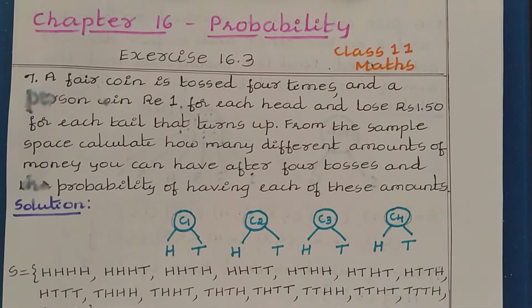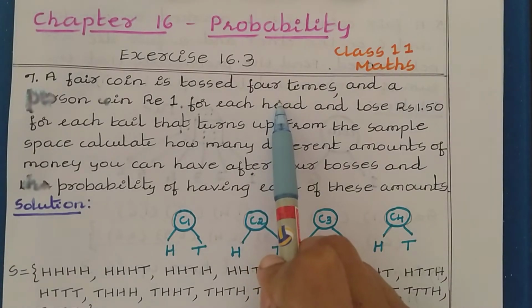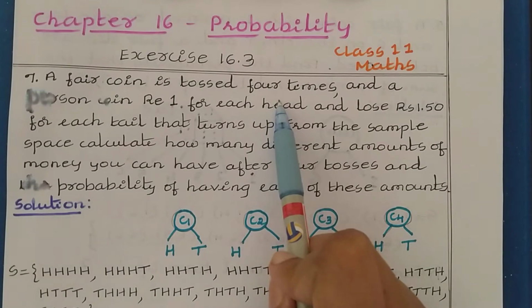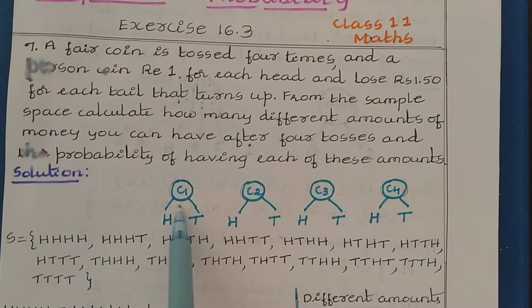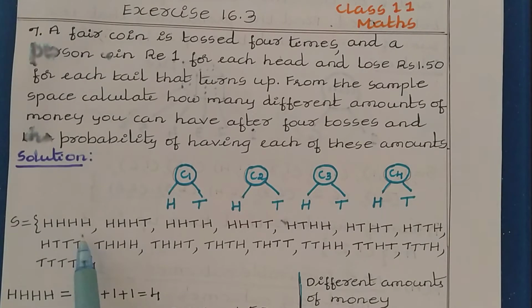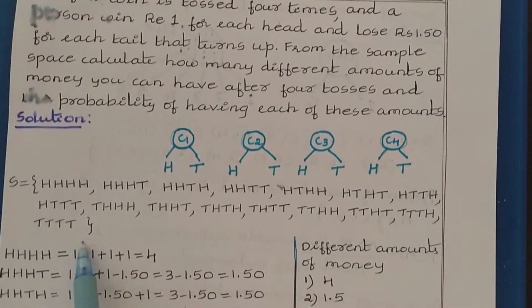So here they are talking about a coin experiment. A coin is tossed 4 times. For this experiment, first let us write the sample space. So here we have 4 coins, and if the coin is tossed once, we know that we can get 2 possibilities, head or tail. So the same coin is tossed now 4 times. That means we can have these possible outcomes: head, head, head, head, head, head, head, tail. So like this way, totally 16 possible outcomes are there.